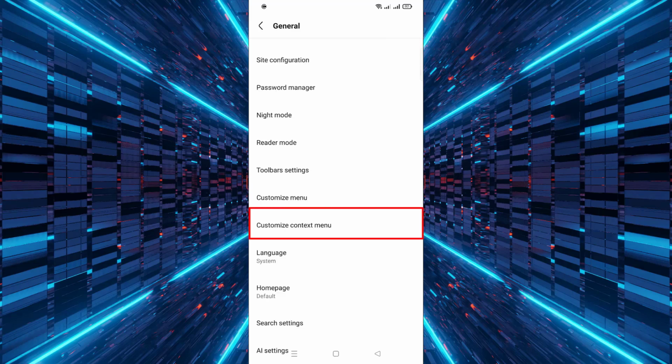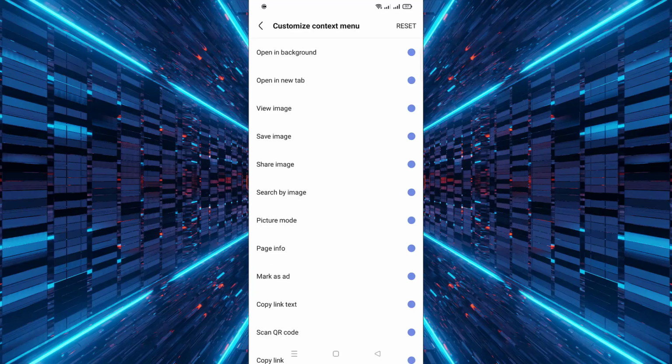After you are in the Settings panel, look for the Customize Context menu option. Once you find it, tap on Customize Context menu to open the list of choices you can add or remove. Inside this list, you will see various context menu items such as Open in New Tab, Copy Link, Share Link,